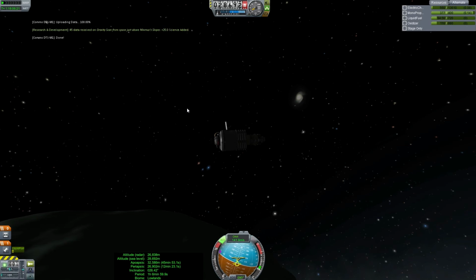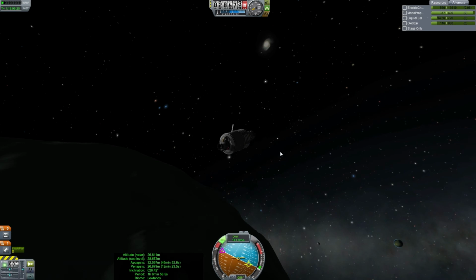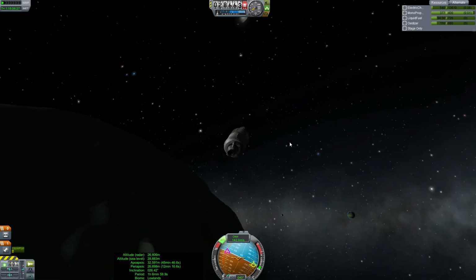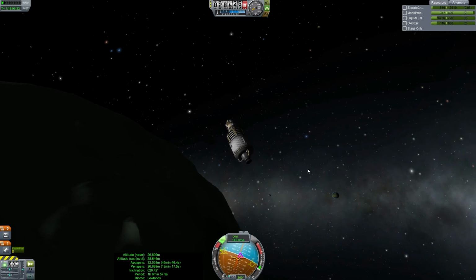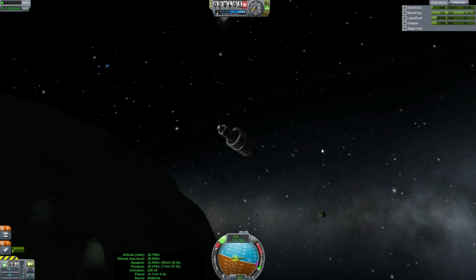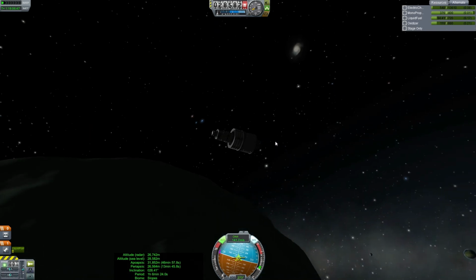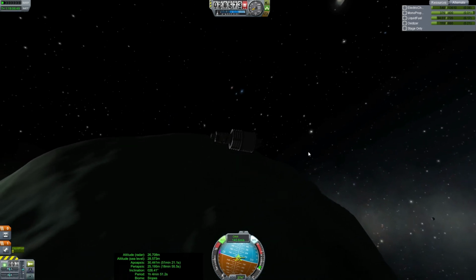So, we will attempt to land this thing on Minmus, and we will attempt to get a seismic scan of the planet. So here we go. Because why shouldn't we attempt something completely and utterly even more inadvisable than just